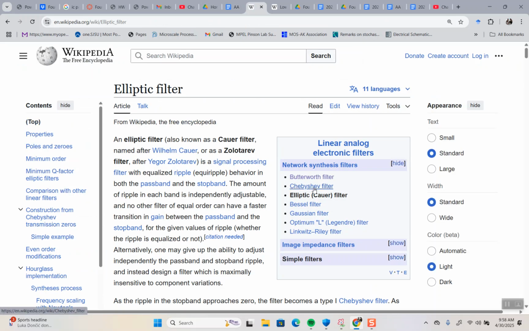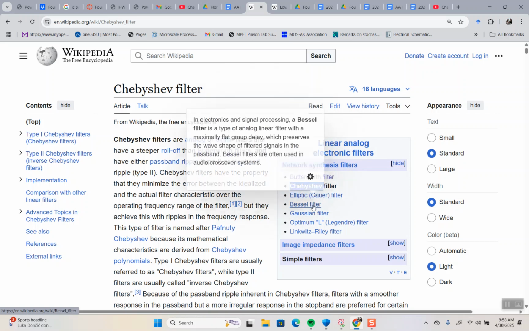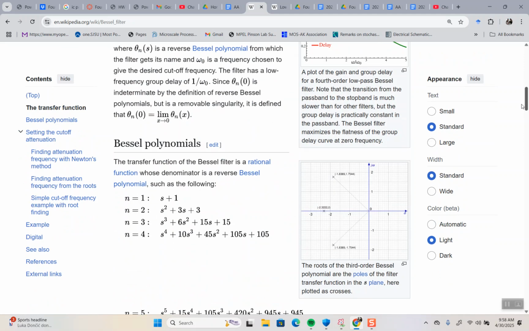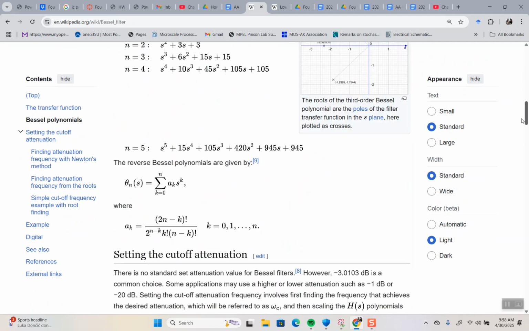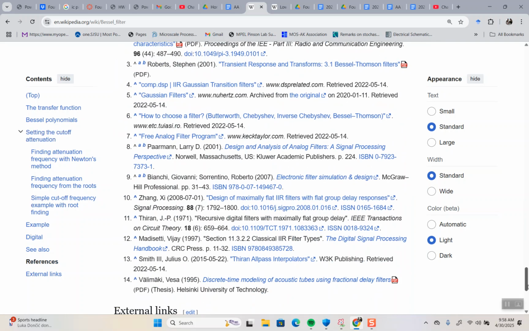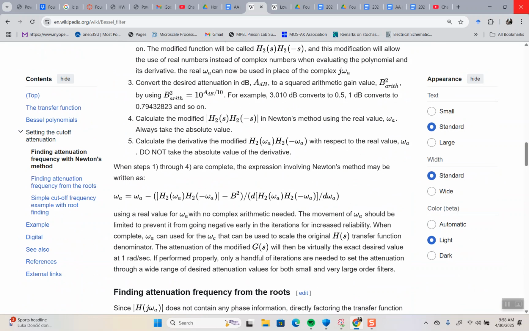Then there's Bessel. It's got a slightly different shape. But the key point is that you are,